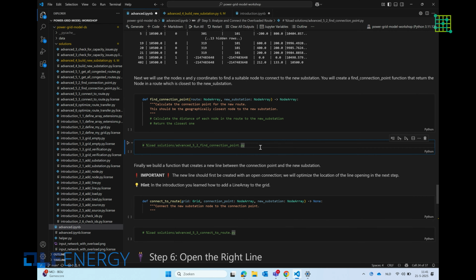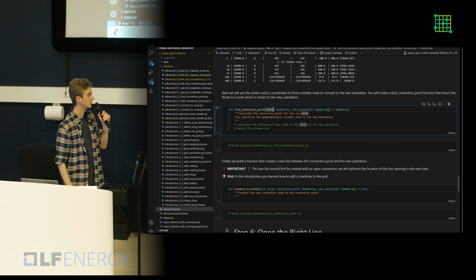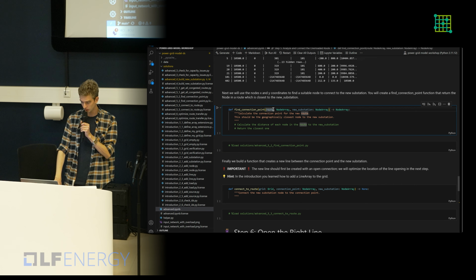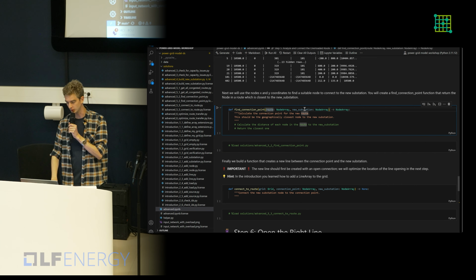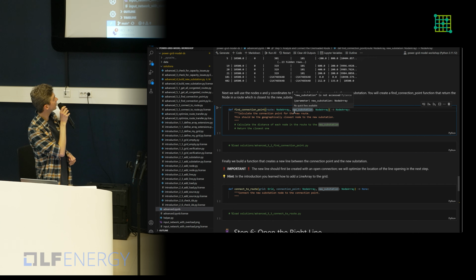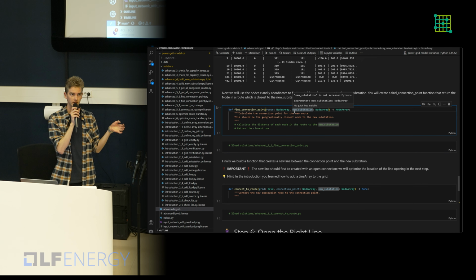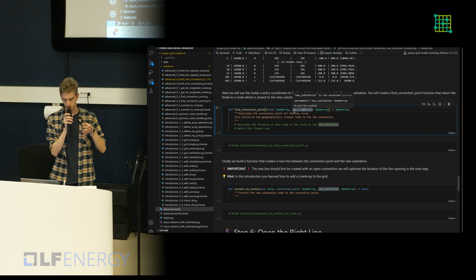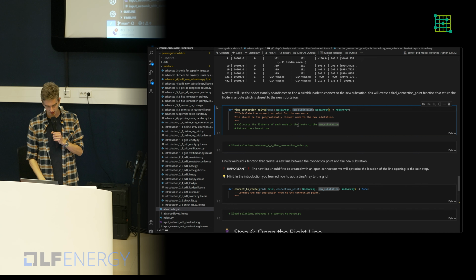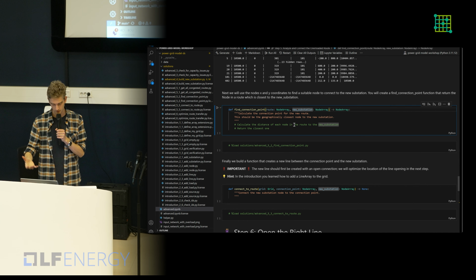So now we do have a route, which is the input to our next method. And we also want to input the new substation as input to our method. And then the task is to find where to connect the new substation, so basically where to build a new cable.